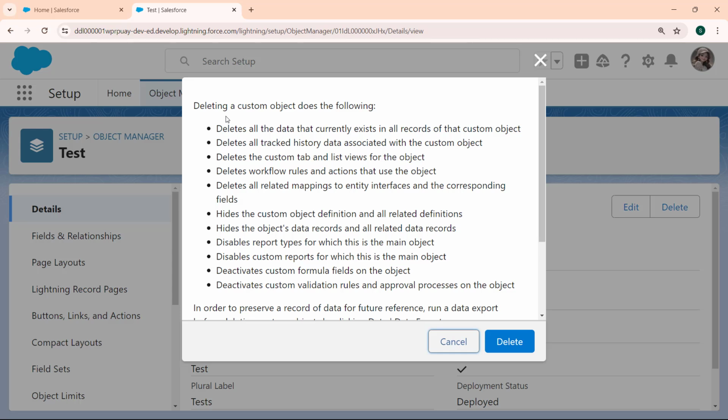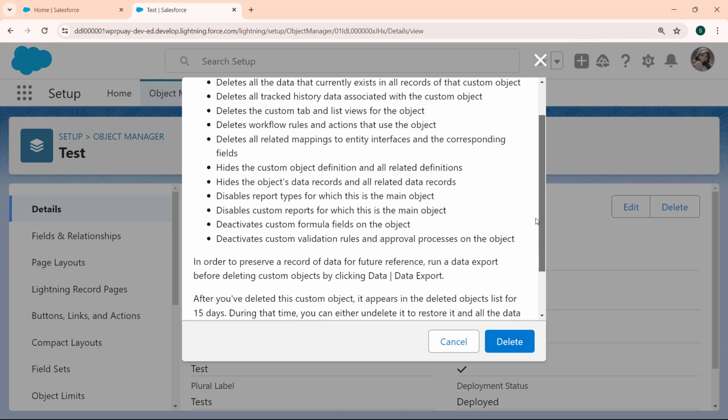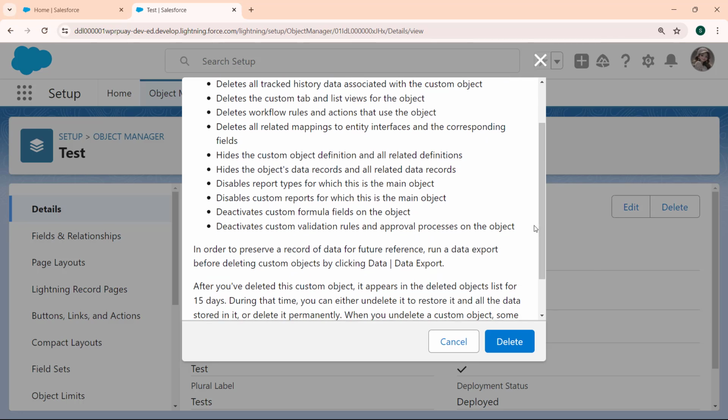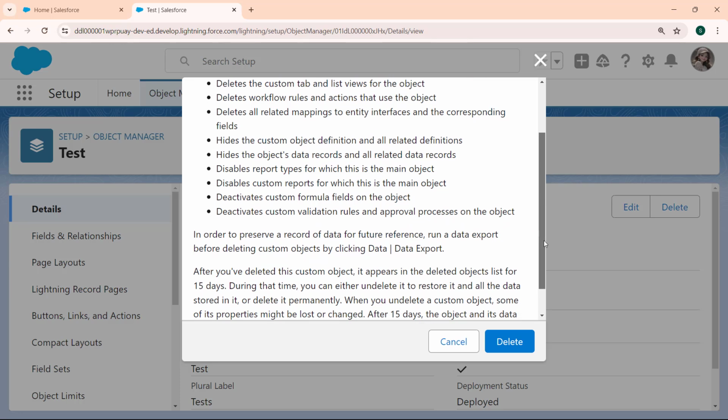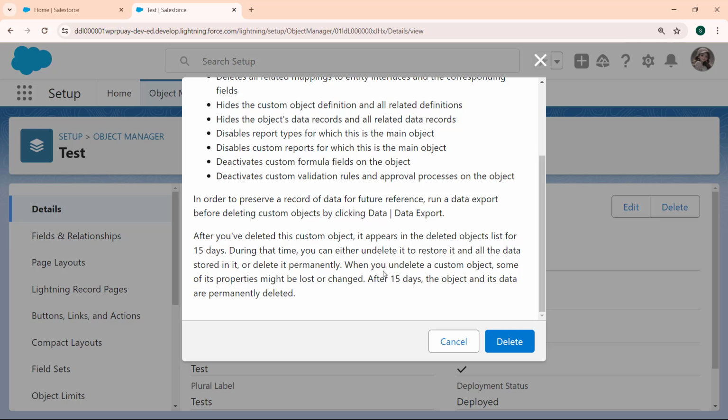Hides the object's data reports and all related data reports. Disables report types for which this is the main object. Disables custom reports for which this is the main object and deactivates custom formula fields on the object, deactivates custom validation rules and approval processes of the object. Read all these steps carefully and after reading all these steps, if you want to delete this object,